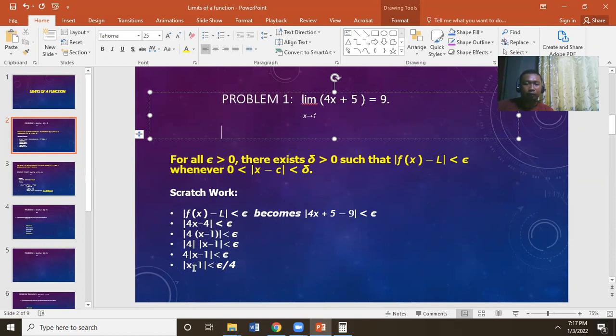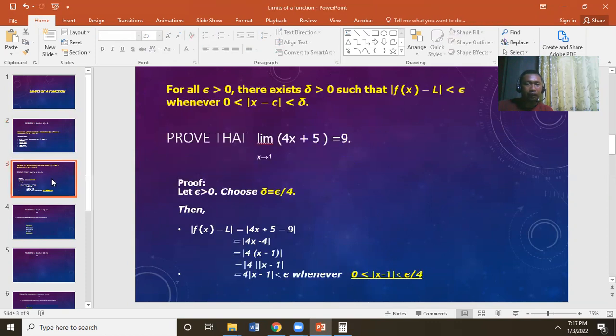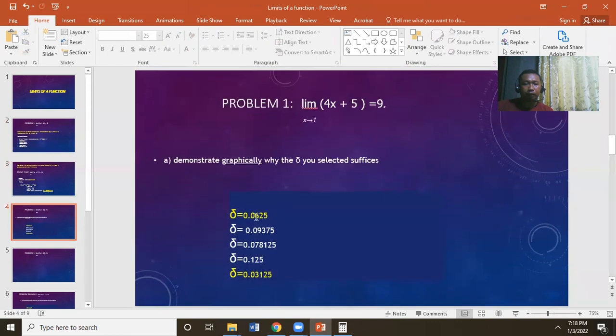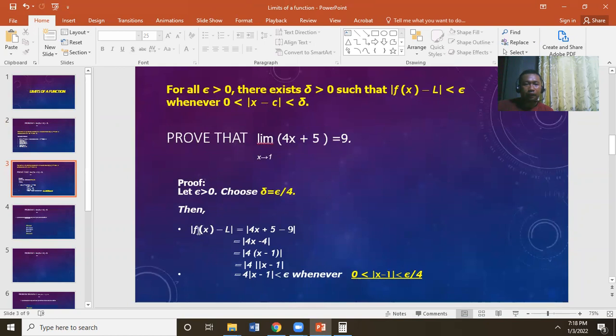So here, all values of x less than 1 unit away assure that epsilon divided by 4 is greater than the absolute value of x minus 1. We're going to prove this using the definition: to prove that the limit of the function is 9 as x approaches 1, let epsilon be greater than 0. We choose delta equal to epsilon over 4. Then, by the definition, we substitute the function into f of x minus L. As we come up here, 4 times the absolute value of x minus 1 is less than epsilon whenever